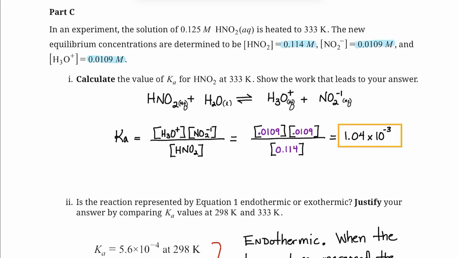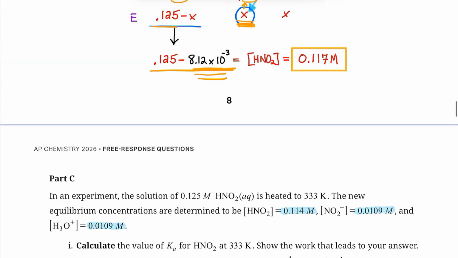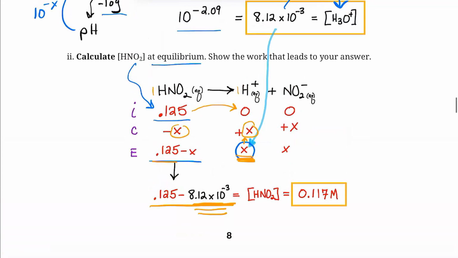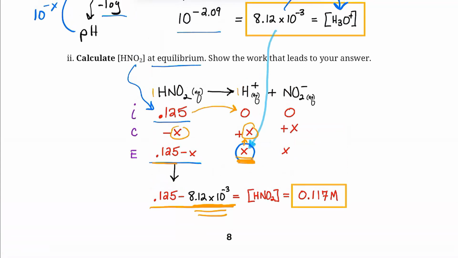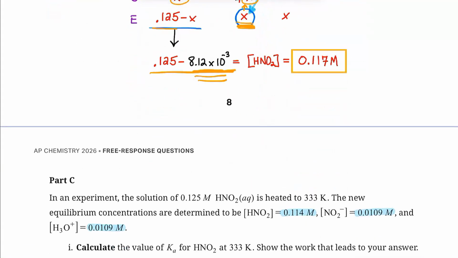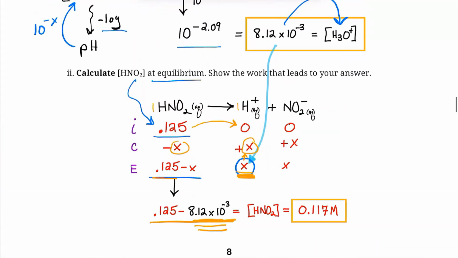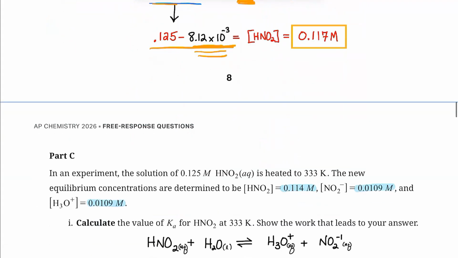If you notice, same idea, H3O plus is 0.0109, and if we go back to the problem previously, we had 8.12 times 10 to the negative 3, which is a smaller number than